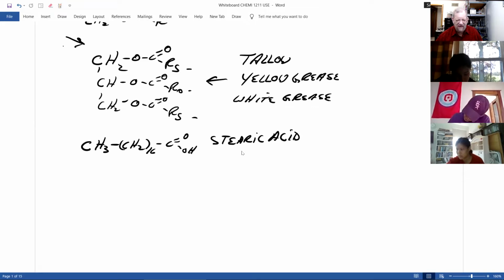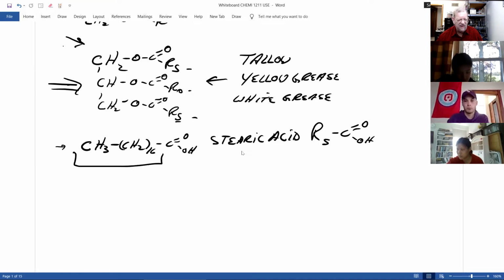And one way of abbreviating stearic acid, on a test, if I asked you to draw the structure, show the carbons, but in this structure right here, using R sub S, what that really means is this. And the R sub S is this part of the stearic acid. And similarly for our oleic,